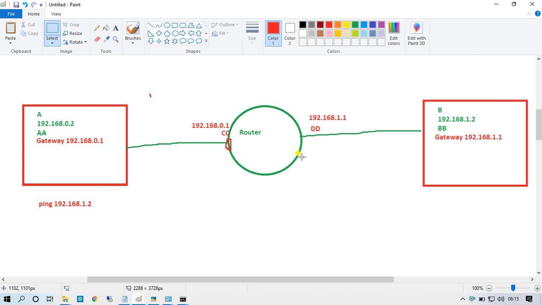Okay. Now what is happening? First PCA will generate an ARP request for this one.